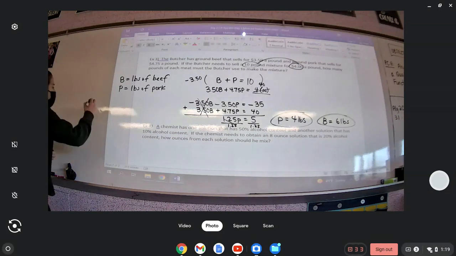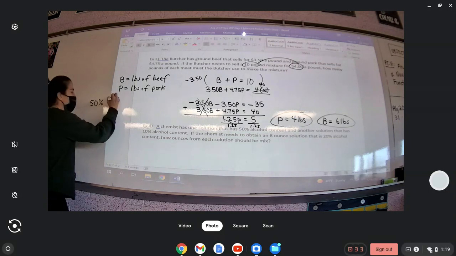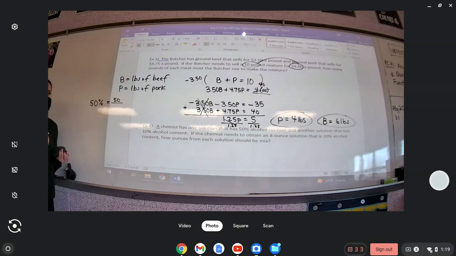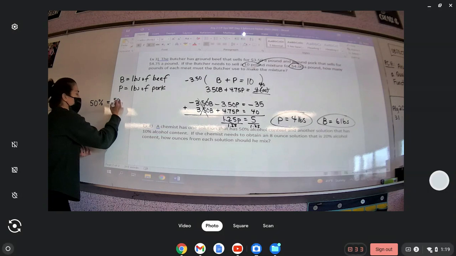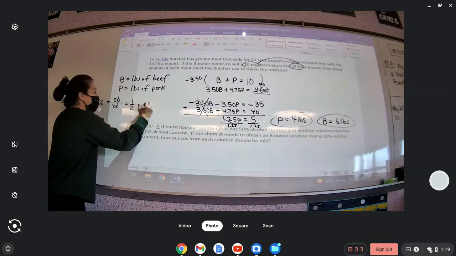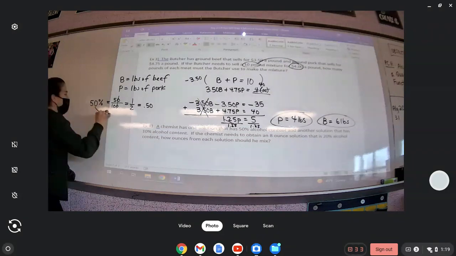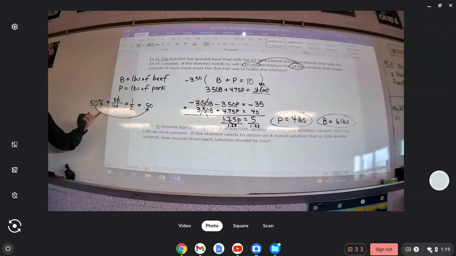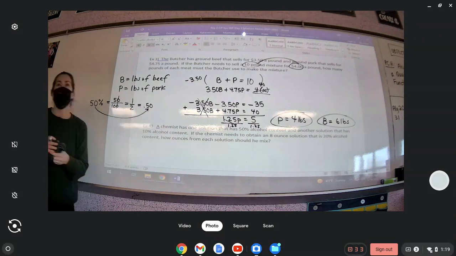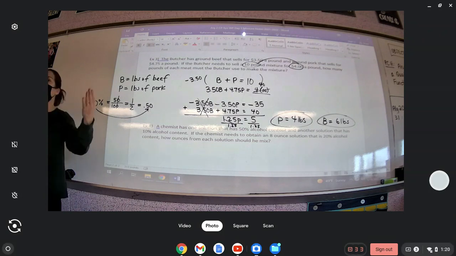So, for example, if you have 50%, guys, that's 50 out of how many total percent? 100. So that's 50 out of 100. That's 5 over 10. That's 1/2, which is 0.5 or 0.50. So when you take 50% and convert it to a number, because 50% isn't the number 50, it's a percent, 50% as a number is 0.50. So I need you to know that when you use percent in a problem, you have to convert it to